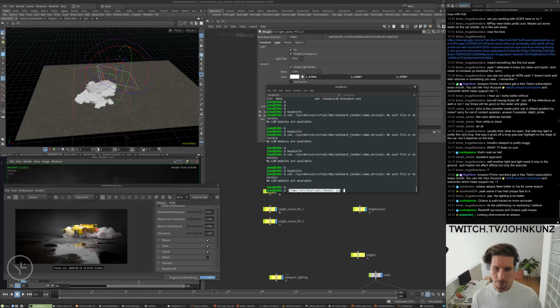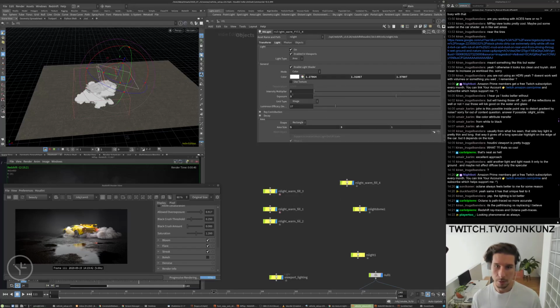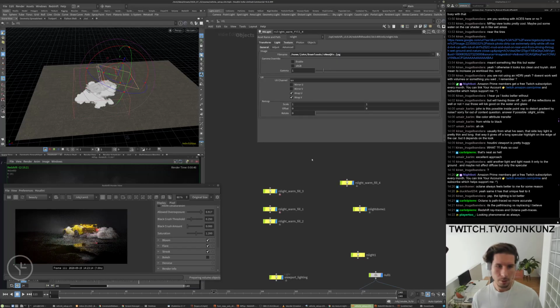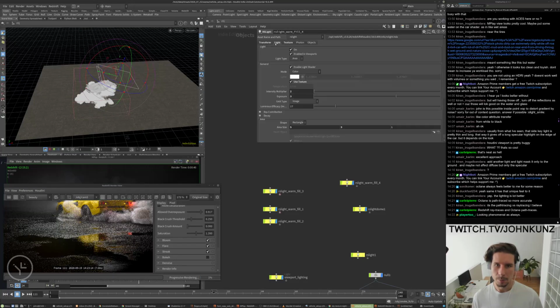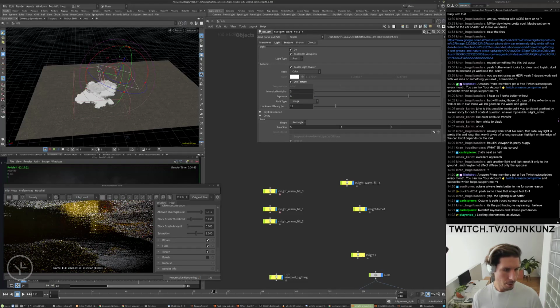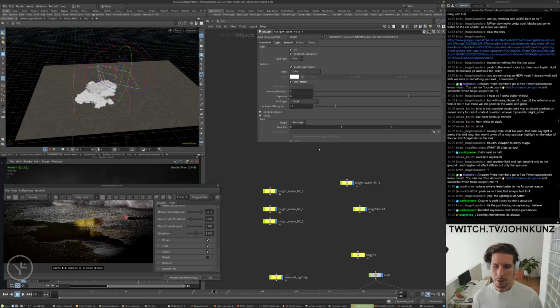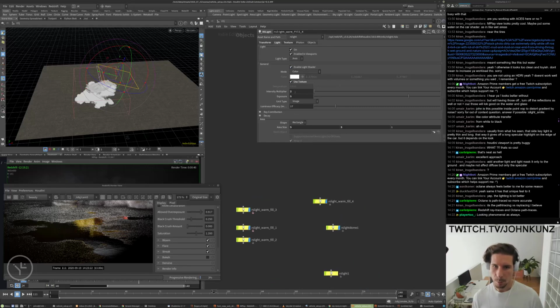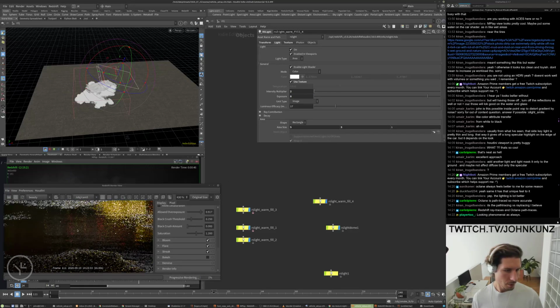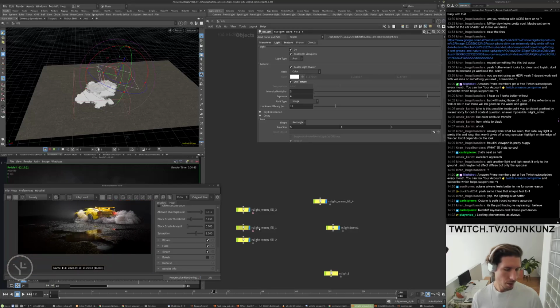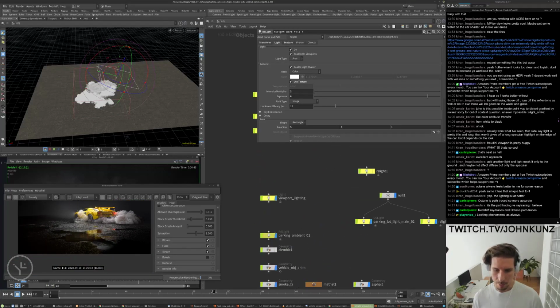Grab the file path. So this light, just to use texture, slam it in. I think the intensity of it is pretty low. Go up higher. Now you could hopefully see that there's some stuff going on. I don't know if I need to reposition some things. But yeah, I could maybe do it without the